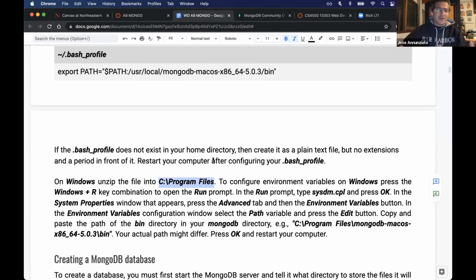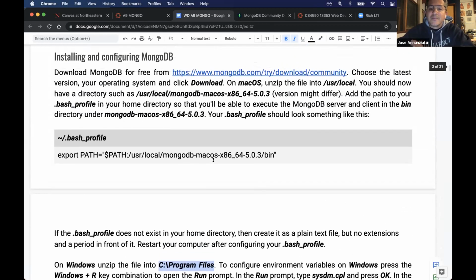You can put it anywhere in the file system, although some operating systems now protect the root directory. macOS probably won't let you put stuff at the root directory. Windows, I think, still allows it, but may ask you to log in and provide your credentials. Anyway, wherever you put it,